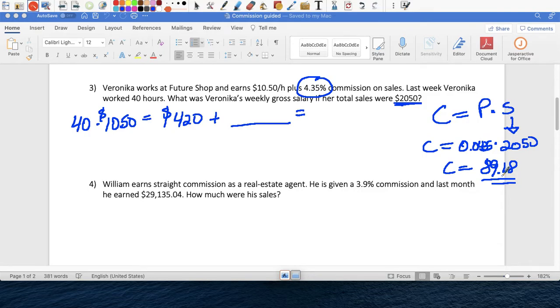Yeah, about right. So the commission that she earned is $89.18, and the total she's going to take home is the $420 that she made, right? Because she gets paid by the hour plus $89.18 from her sales. She takes home $509.18. And to be honest, I don't like the fact that